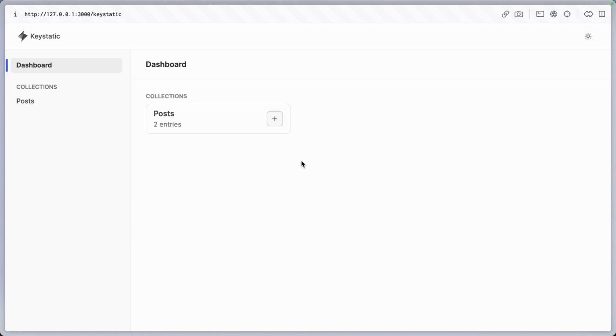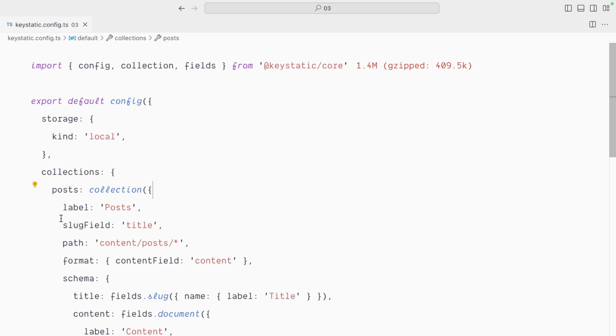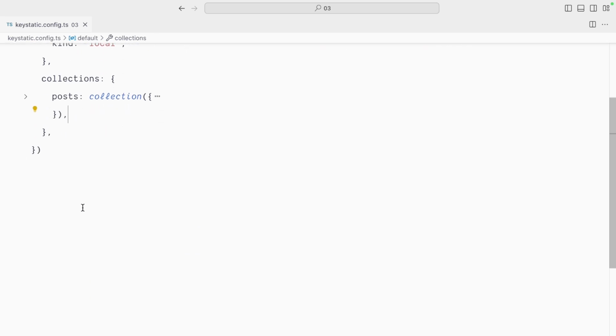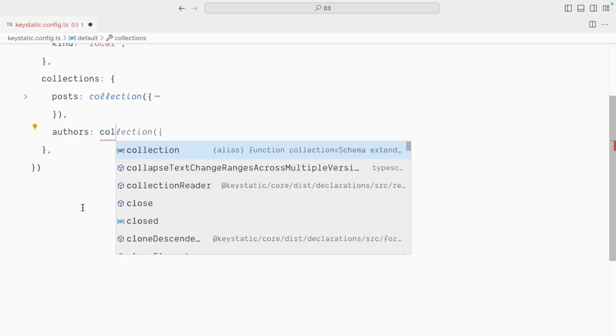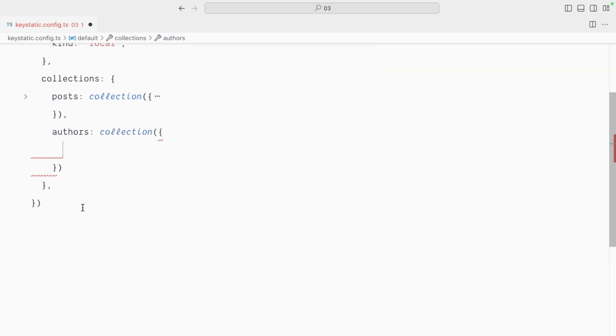We've got a posts collection, and now let's create a new authors collection. In the Keystatic config, I will collapse the posts collection. I'll scroll down a little bit, and here we're going to create a new authors collection. The first thing I'll do is wrap everything in a collection function, which is going to provide a lot of